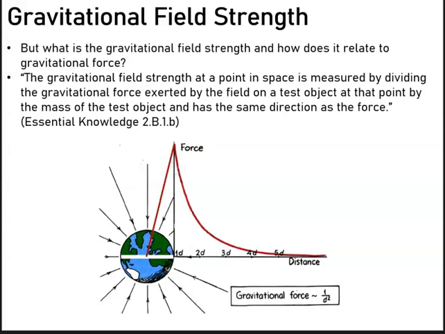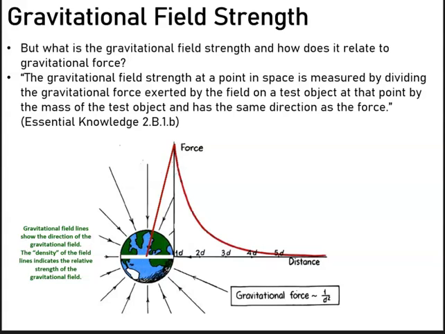In the picture below, we have a picture of the Earth, and these lines going into it are what we call gravitational field lines. They show the direction of the gravitational field. Basically, it's always pulling down towards the center of the Earth. The density of the field lines indicates the relative strength of the gravitational field. So when I'm looking closer to the surface, you're going to see that the field lines are closer together than, say, when I come way out here. They're going to get farther apart. And we can see that when we look at this gravitational force